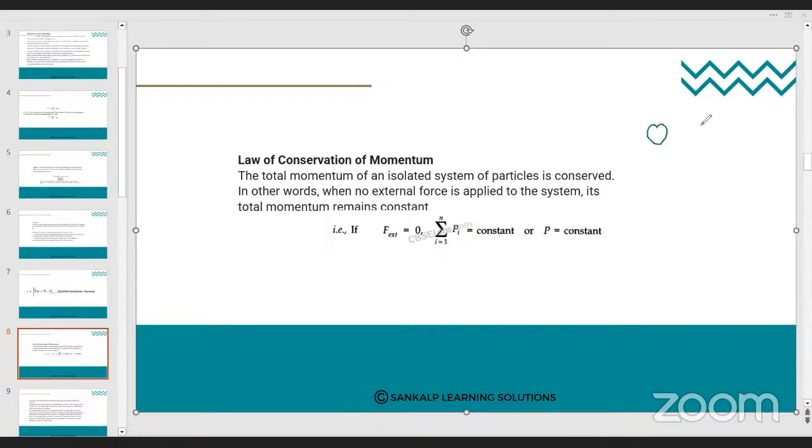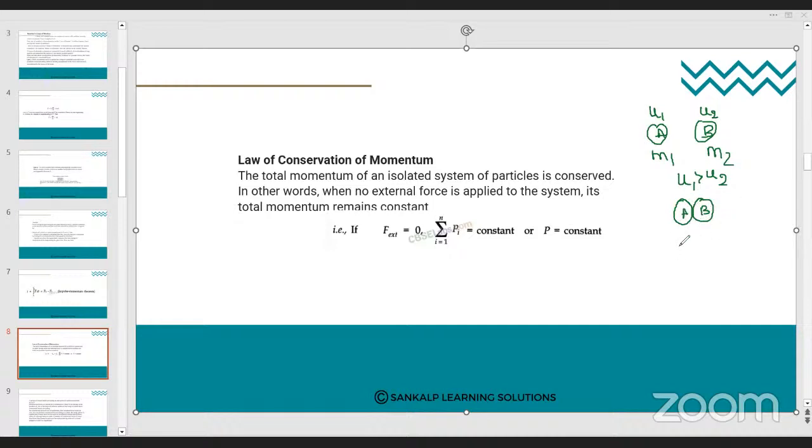For example, here I have two bodies. This is m1, that is, its mass is m1, and this one has mass m2. This is the A body, this is the B body. Here the A body is moving with velocity u1 and the B body is moving with velocity u2, and the first body's velocity is greater than the velocity of the second body. So when the first body's velocity is greater, the first body will come and hit the second body, because its velocity is greater.